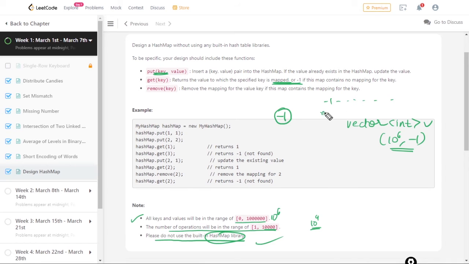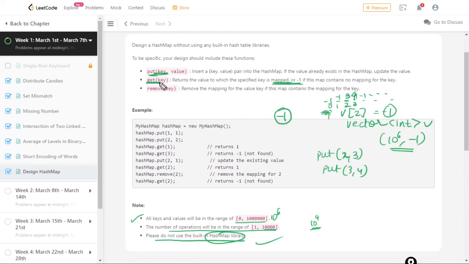For example, if you are accessing something, we are calling this v. So suppose v[2], initially it will be -1 because we have no value mapped, and when we use this function put, in which we pass the key value pair, for example at 2 we need to store 3 as a value, so our index is 2. Index 0, 1, 2, here it will be stored as 3 instead of -1, the others will be -1 only. And if we again use 3 comma 4, now at 3 we are going to get the value 4. Okay, so basically this is what we have to do.